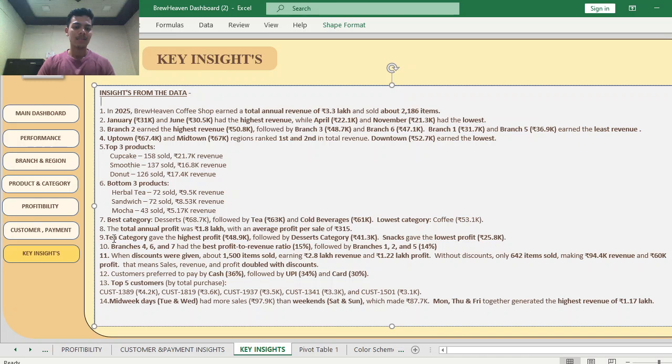Okay, then the tea category gave the highest profit, followed by the dessert category and the snacks category. The lowest profit, the snacks gave the lowest profit. Then branch 4, branch 6 and branch 7 had the best profit to revenue ratio, followed by branch 1 and 2 and 5 with 14%